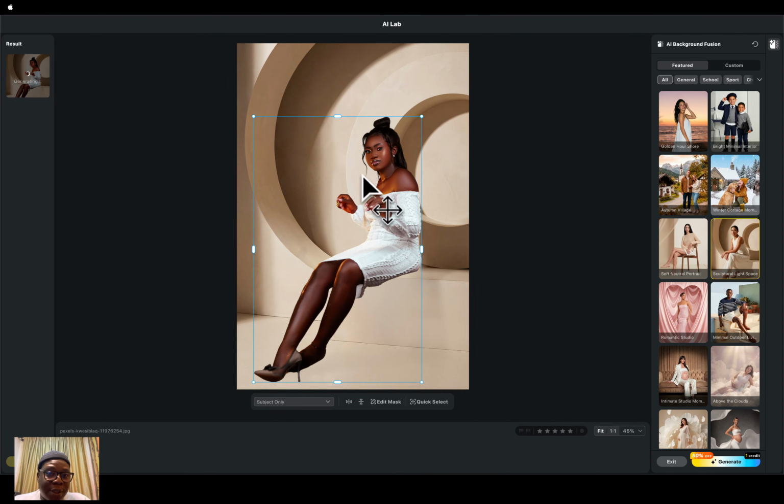So now this AI Lab, the generative AI fusion, takes 1 credit for each generation. You need to take note of that. This is different from when you are exporting the image. The credit to export is different from this particular one. This one is going to take credit to generate this. So just take note of that. It is the reason why we are giving you free credit, so as to try out these tools on Evoto